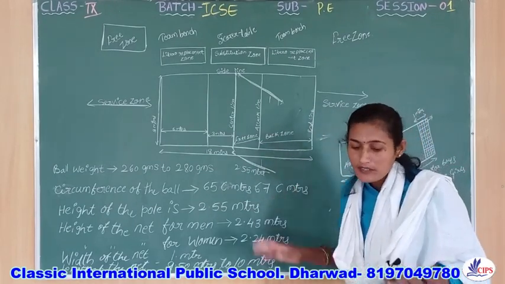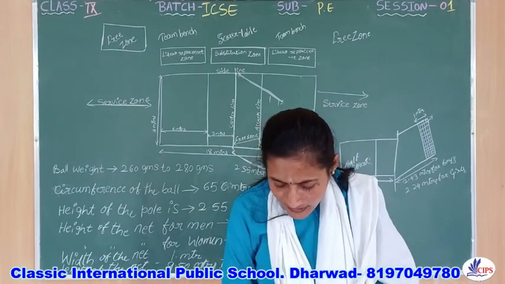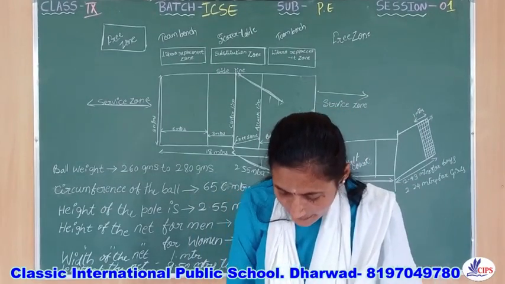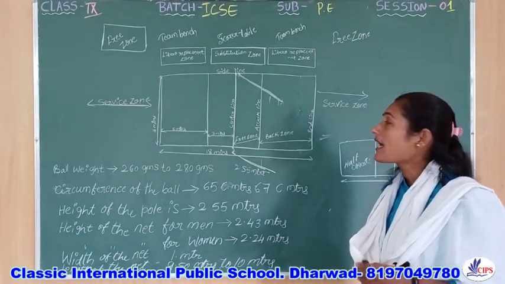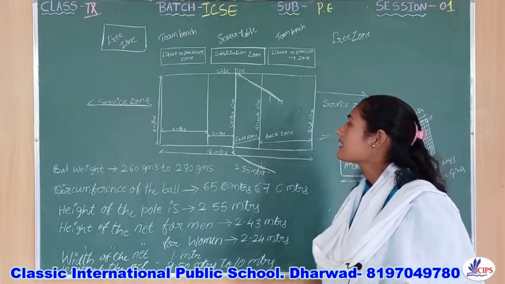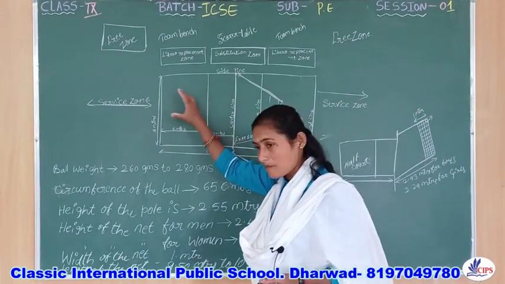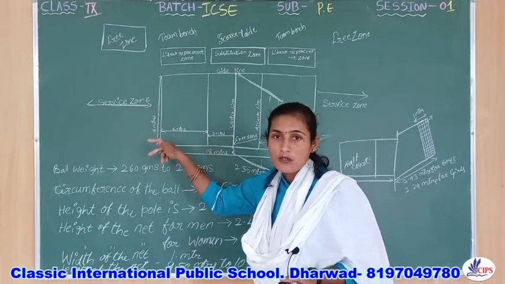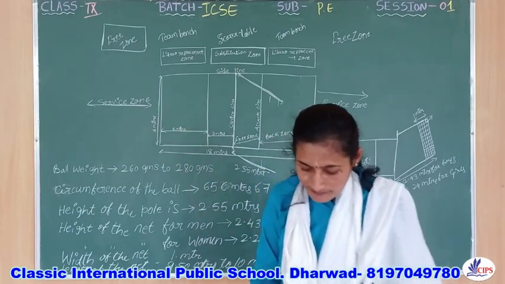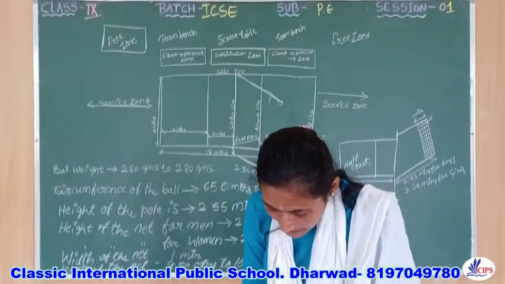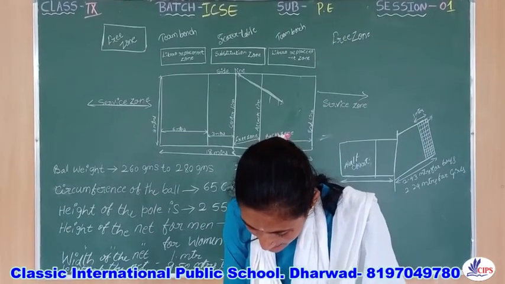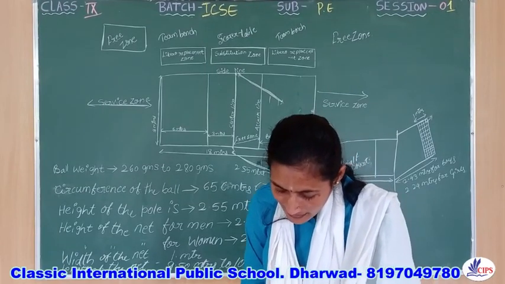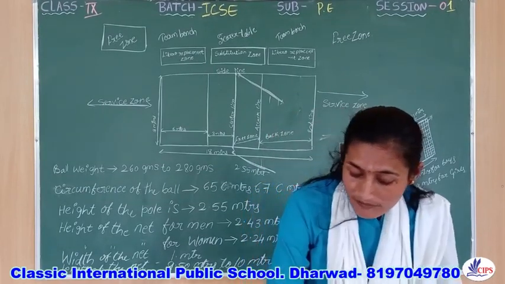Okay, understood? Next, the team that wins the rally is awarded a point and serves the ball to start the next rally. Suppose this team is awarded the point. Now, the serve will go to whom? To this court only. Next, the game continues with the first team to score 25 points. 25 points wins the set. Matches are best of 5 sets and the fifth set is usually played to 15 points.